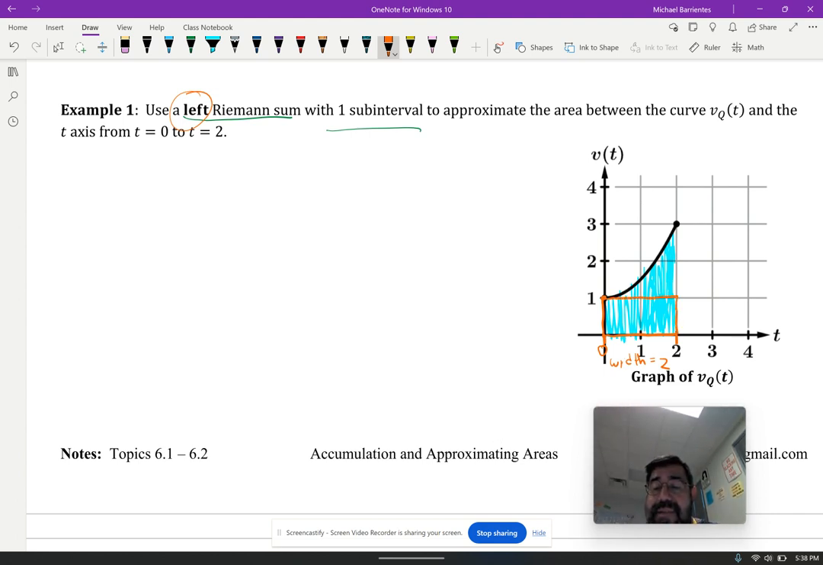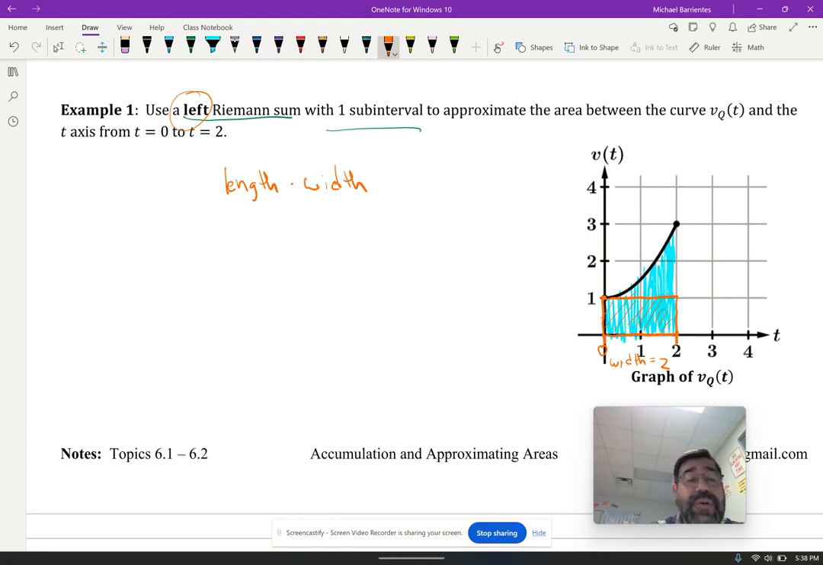Now, if I look at this example right here, I can clearly see that this orange rectangle that I'm about to calculate is definitely an underestimate for what I want, but it is an estimate for that shaded region. So how do I do that? Remember that we always multiply the height, or I guess I'm going to call it the length times the width,